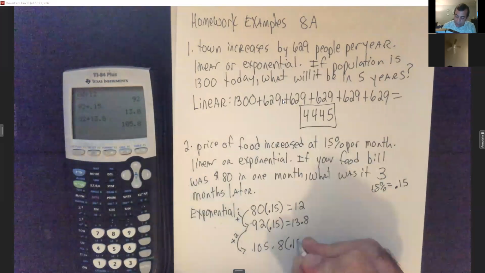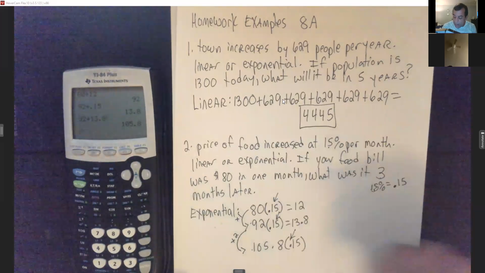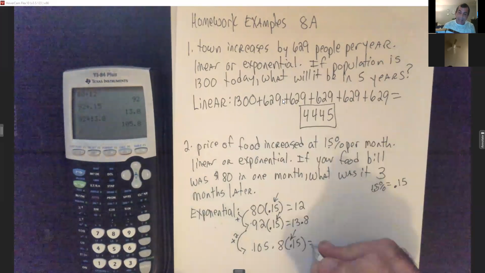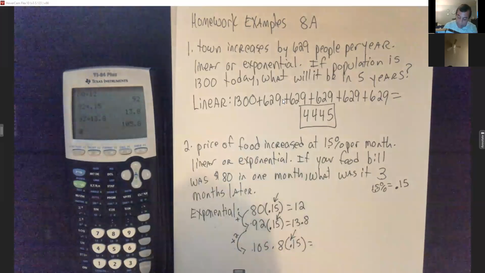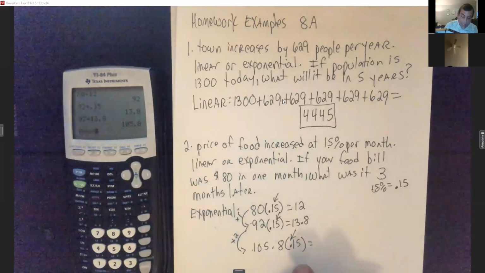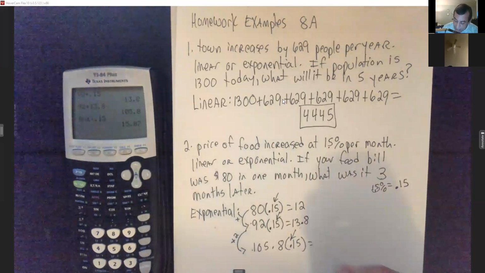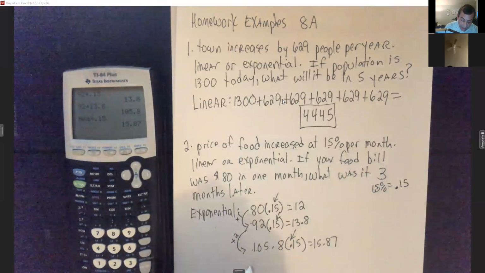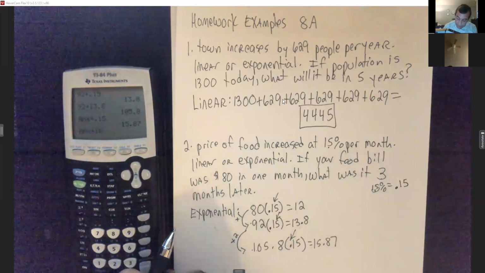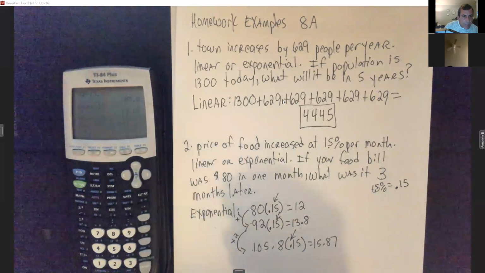So I got it here, the first month, second month, now the third month. Once we figure out this decimal, we can add it back and get the final answer. So 105.8 times that 0.15 is going to give us $15.87. Add that back to the 105.8 that we started with. So I get